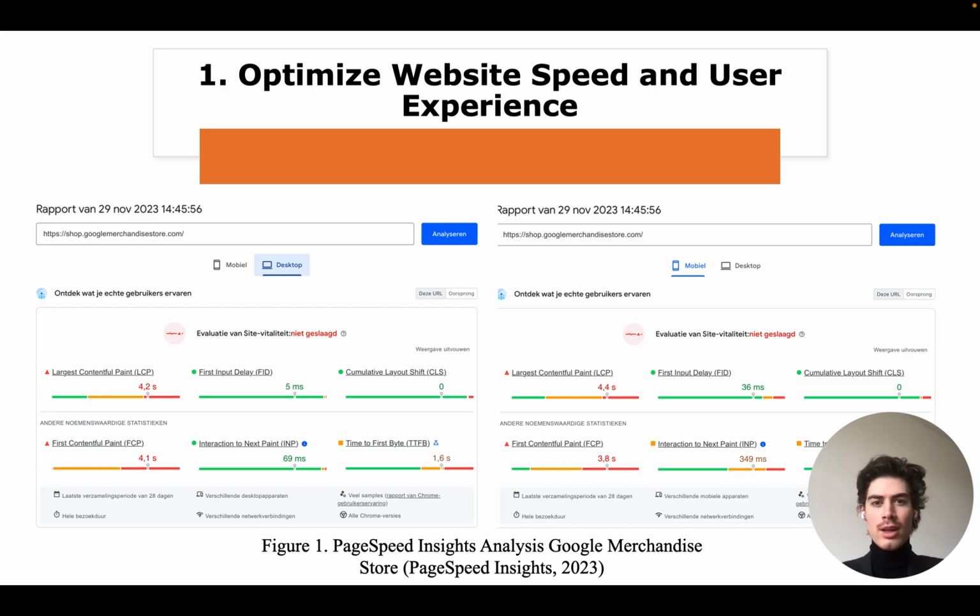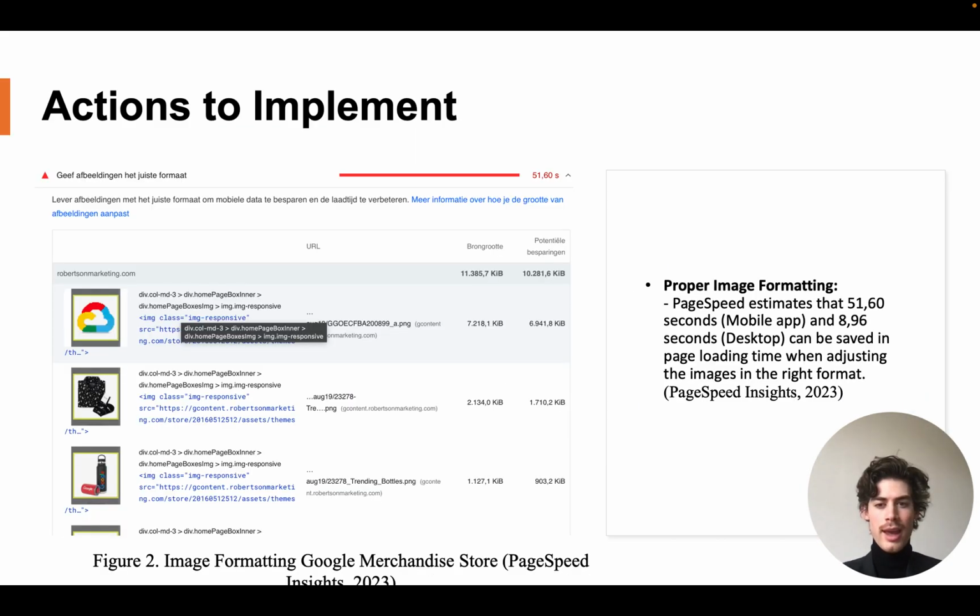The problem addressed here is that the Google PageSpeed Insights analysis has identified critical issues affecting the site's loading time, especially pointing to image optimization, unused JavaScript and CSS. Actions to implement are proper image formatting. Ensure that all images are in the correct format, considering size and resolution required for various devices, especially mobile, because PageSpeed estimates that 51.60 seconds can be saved on page loading time when the images are adjusted to the right format,